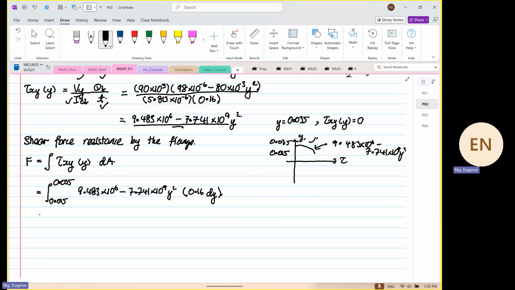So from here, we integrate this: 9.483 times 10 to the power 6 y minus 7.741 times 10 to the power 9 y cubed divided by 3, evaluated from 0.015 to 0.035, and then we are going to multiply the whole thing by 0.16. Okay, so let me tidy this up. So this will be equal to 1.517